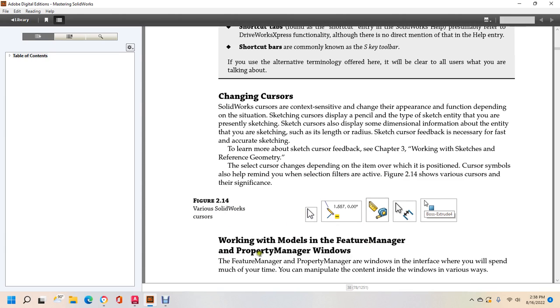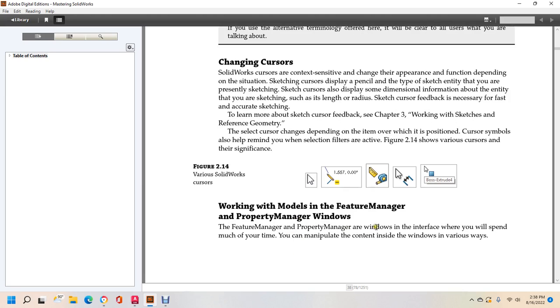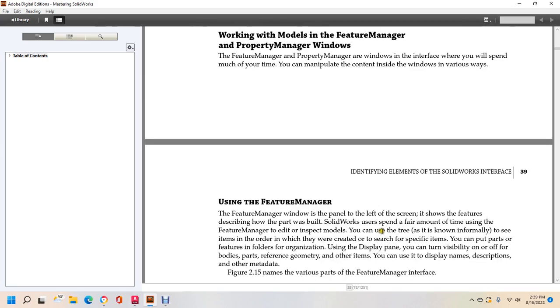Working with models, feature models, and the property manager window. The feature manager and property manager window are also part of the SOLIDWORKS interface, and you will spend much more time manipulating the content of the windows in various ways. The feature manager window is the panel on the left side of the screen,